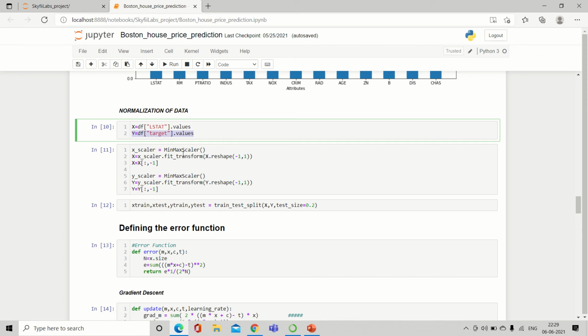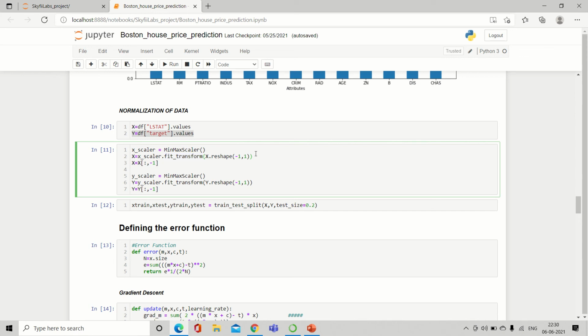What min-max scaler does is it finds the maximum value and converts the values from 0 to 1 so that all the columns or attributes are given equal importance and there should not be any error. So here the fit_transform method is used.